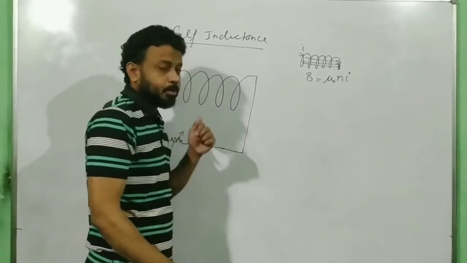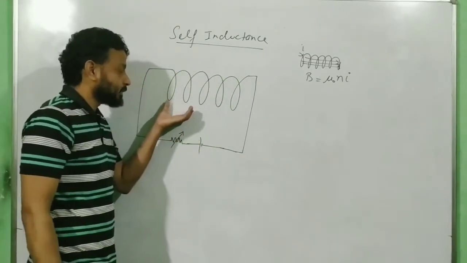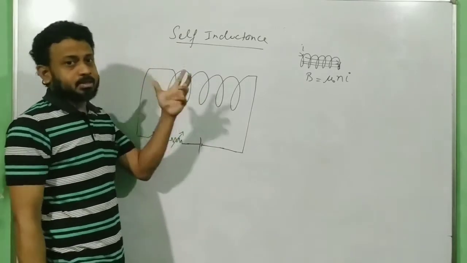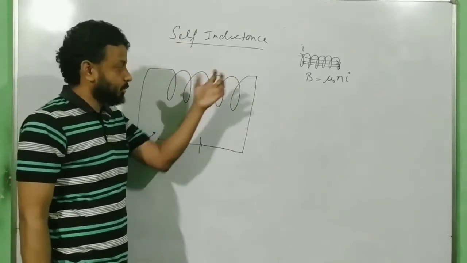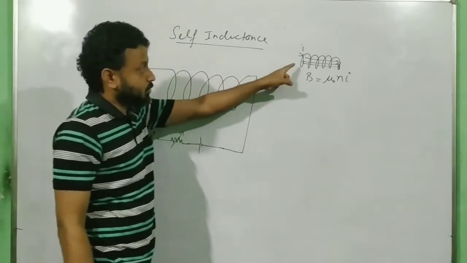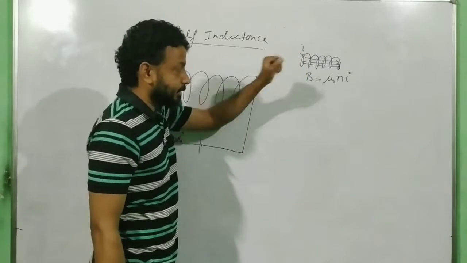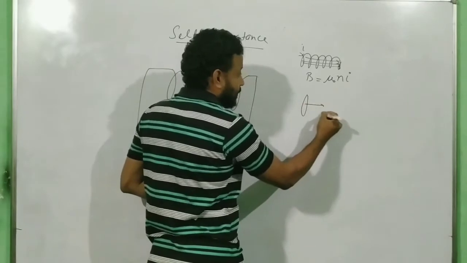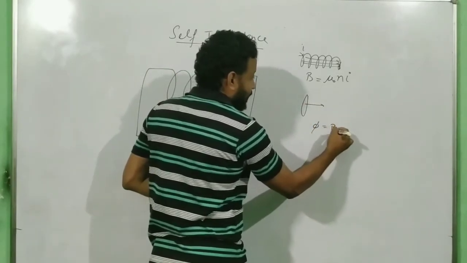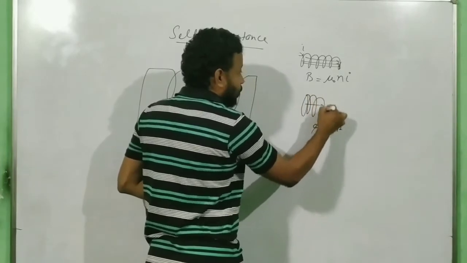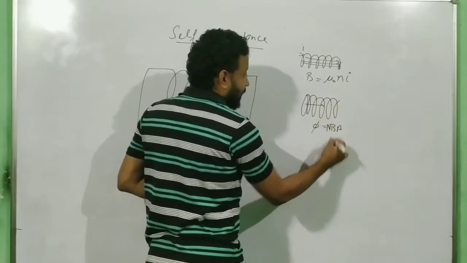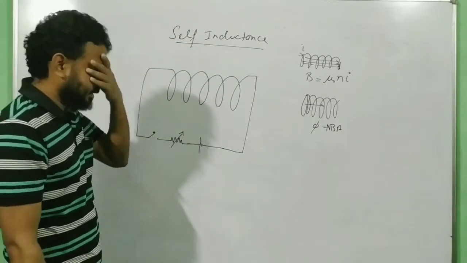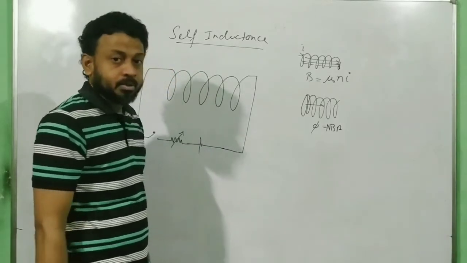Also, think about this, because the moment you arrive at this, you should have a click in your mind that this is the main concept over here. That is why I am bringing this previous concept to you. So first of all, the solenoid will have a magnetic field. Also, if a field is passing through a given area, we know that flux is equal to field multiplied by area, and if it has more number of turns, I have to multiply with N. So phi is equal to number of turns multiplied by field multiplied by area. So far so good.